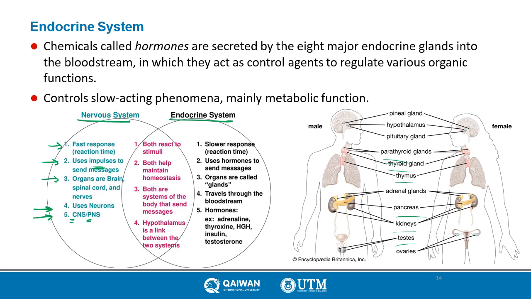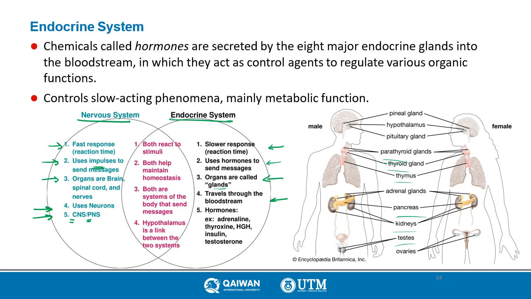While the endocrine system is slower in response, reaction time, and uses hormones to send messages, chemical substances. Organs are called glands, and hormones travel through the bloodstream,